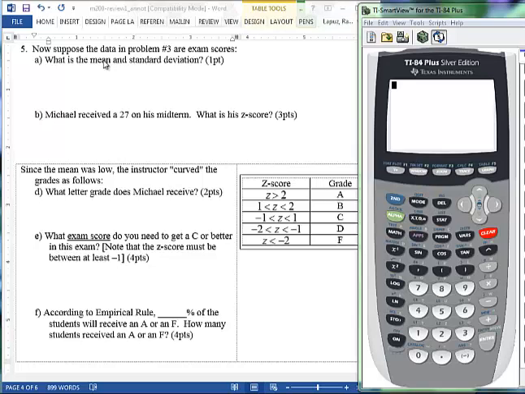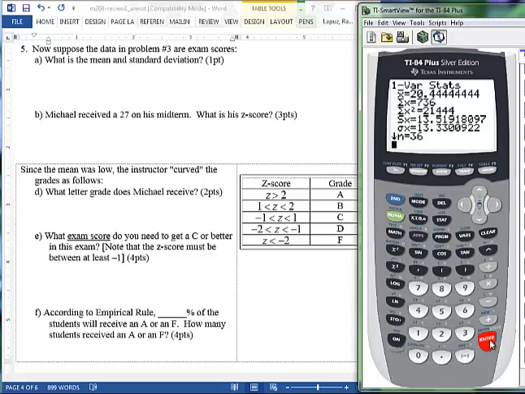This is problem number 5 from the midterm review. Suppose that with the same data that we're looking at, we want to find the mean and standard deviation. So let's just assume that everything else is already in our calculator. We'll hit Stat, Calc, 1-Var Stats, and we'll click on L1 so we can pick up our mean and standard